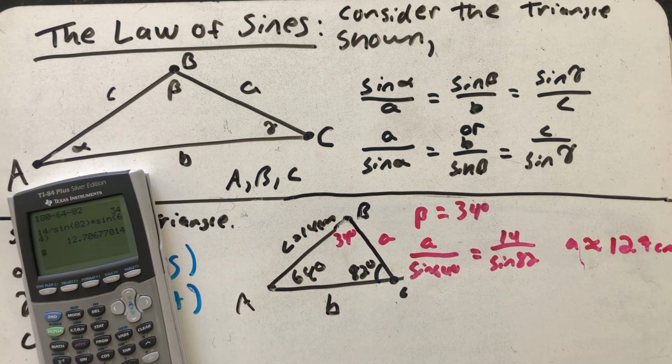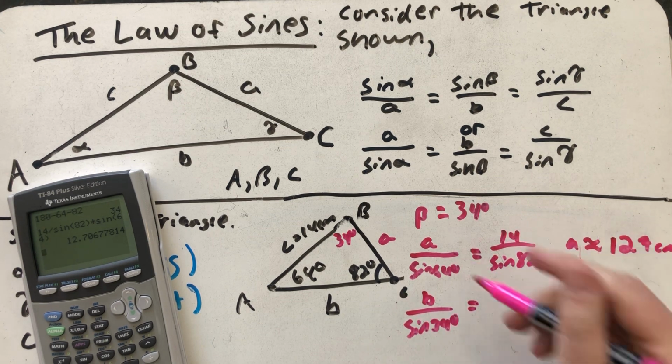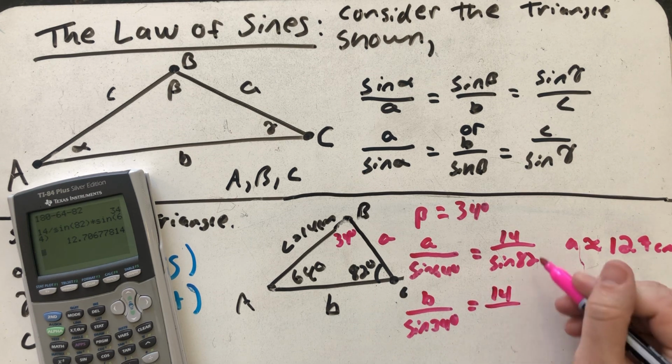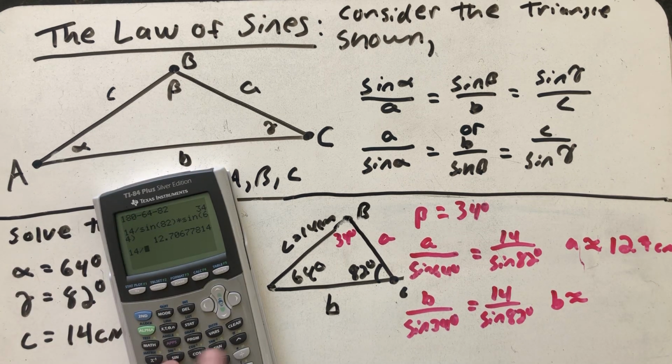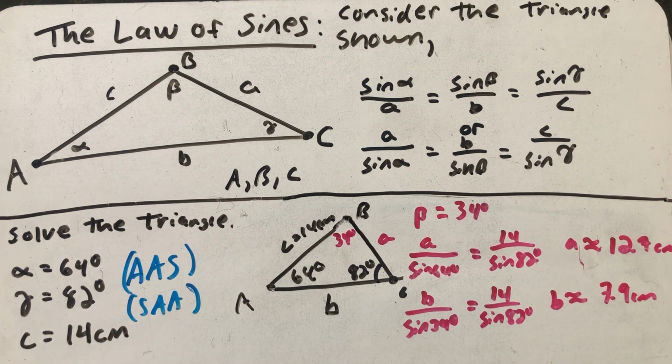All right, now I need to find side b. So I have b over the sine of 34 degrees is equal to, and again, I'll just use what I was given, 14 over the sine of 82 degrees. Went back up there and put on that degree symbol. Always should use a degree symbol when I'm talking about an angle measured in degrees. All right, so I have that 14 over the sine of 82 degrees, close that parenthesis, times the sine of 34 degrees. And this time I get a side of 7.9 centimeters. And now we have solved a side angle angle, which very secretly turns into an angle side angle